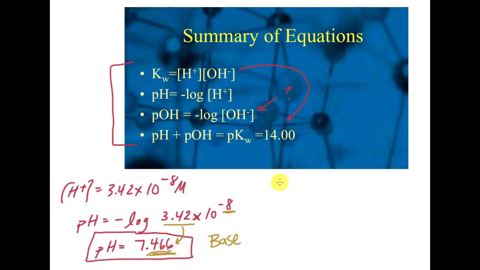So if I want to figure out the hydroxide concentration, well, I already know how to do that. I can use Kw is equal to [H+][OH-], or I could use this and say, well, 14 is equal to pH plus